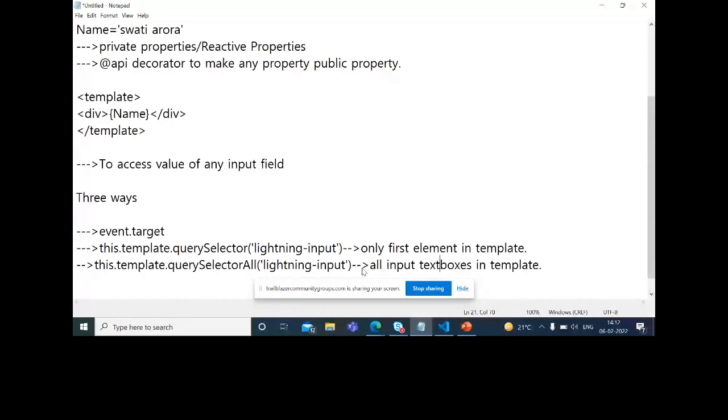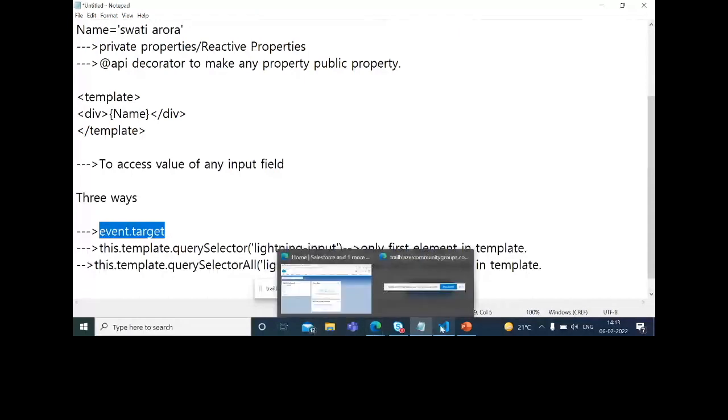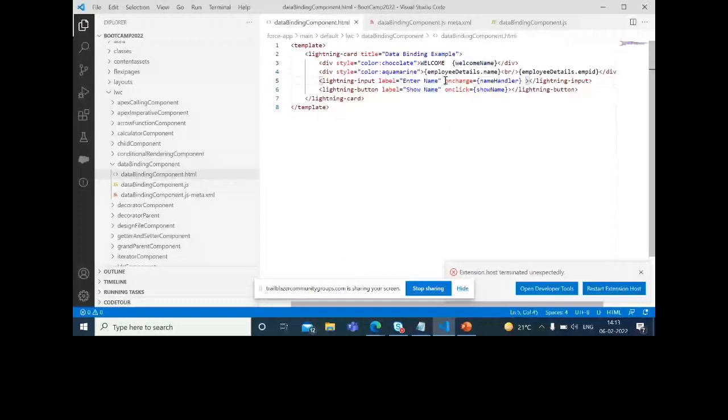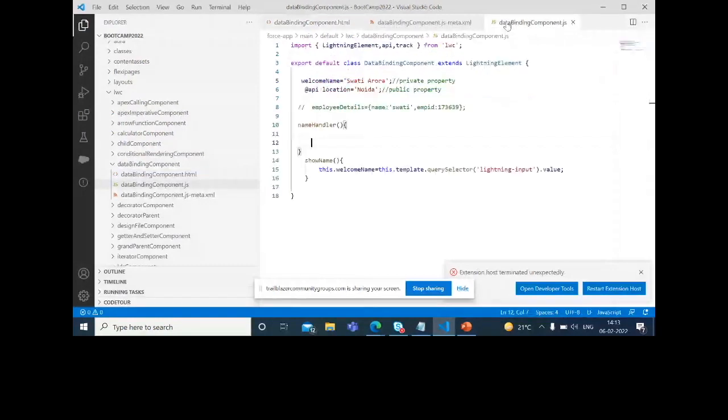Now, where you will use which way, I am going to discuss with you. event.target you can only use when you are writing the handler on the input box. Right now, if you see, I am adding the event on the text box. So if you are adding the event on the input box itself, you can go to nameHandler, and this function will receive a parameter.